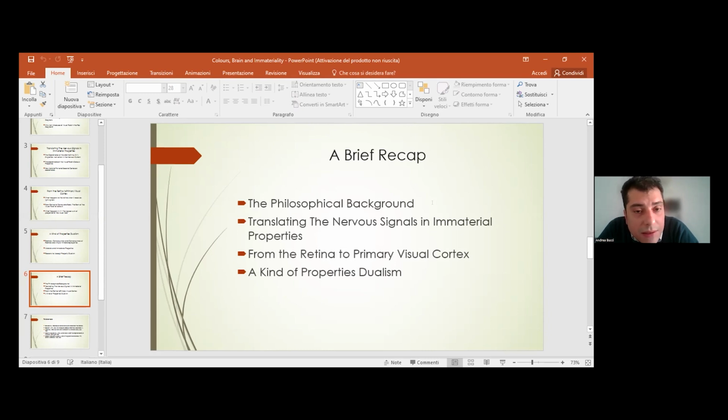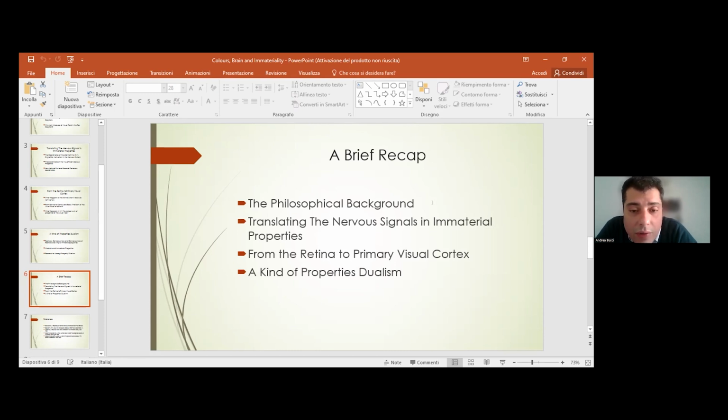Cartesio thought of dualism, res cogitans and res extensa, immaterial properties and material properties as separate, but he thought that sometimes they could be linked, as in the case of the brain, the soul and the res cogitans, and the res extensa, the soul and the body,